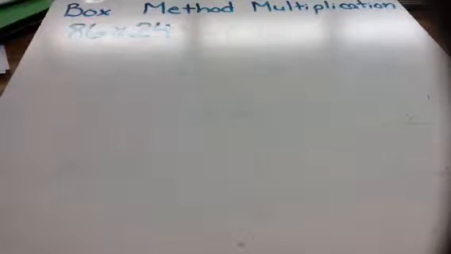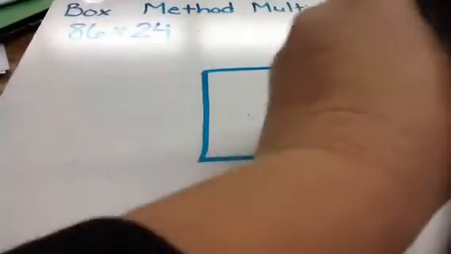Today I'm going to show you how to do box method multiplication. Box method multiplication is really a shortcut way to do the area model. We learned in area model that you would draw a rectangle. For instance, for 86 times 24, you would draw a rectangle and you would break apart the 86 into